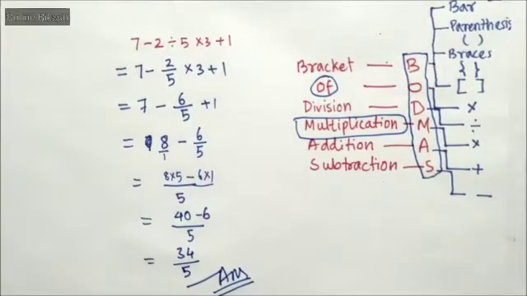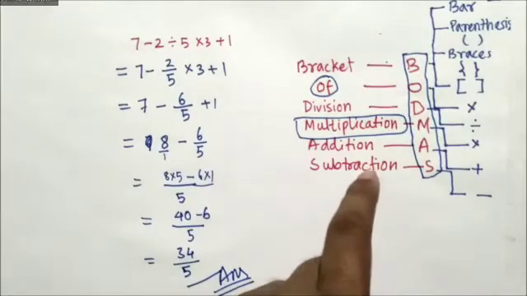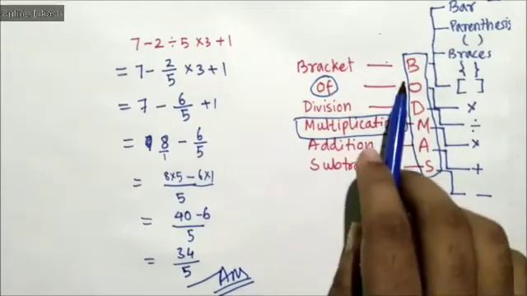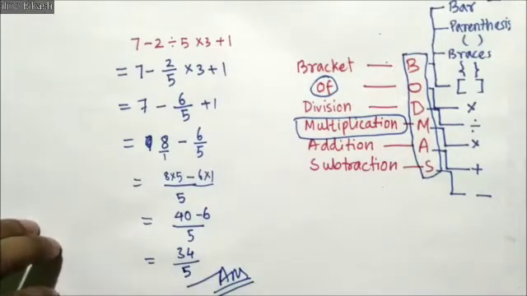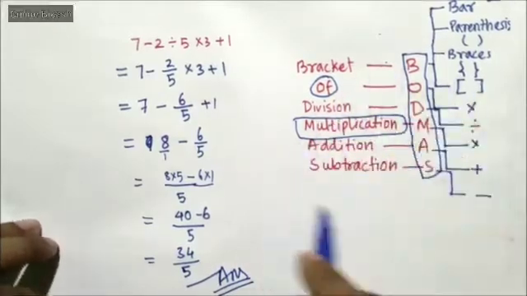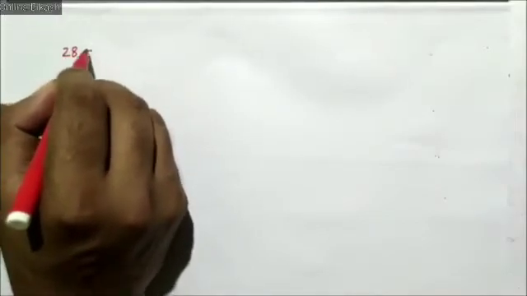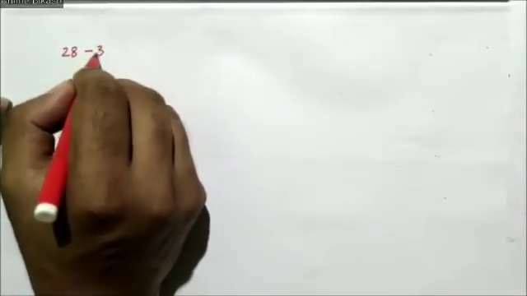This thing is very important: bracket, of, division, multiplication, addition, subtraction. We will take some other examples so that we will be very clear with this rule. Now let me write a question. Suppose we have 28 minus 3 into 5